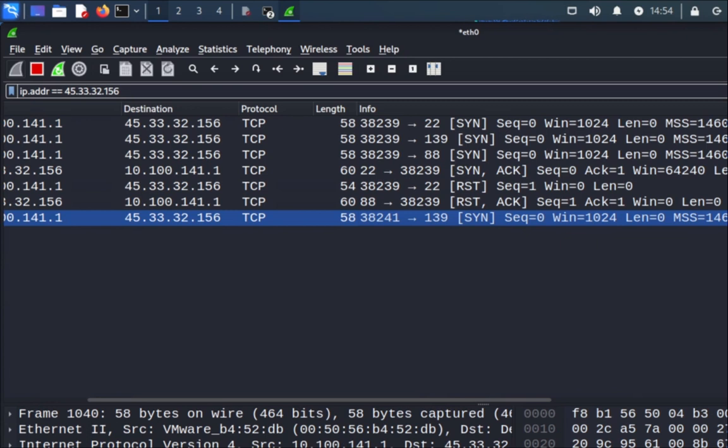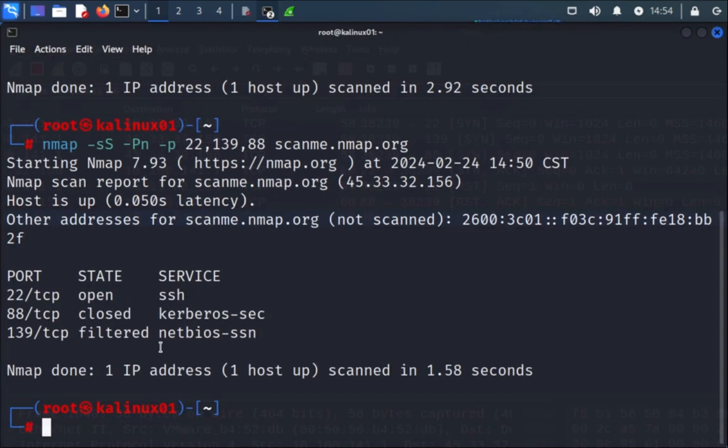So Nmap assumes that there is a filter, so the packets are being dropped, and it gives the response status as filtered. So, for example,